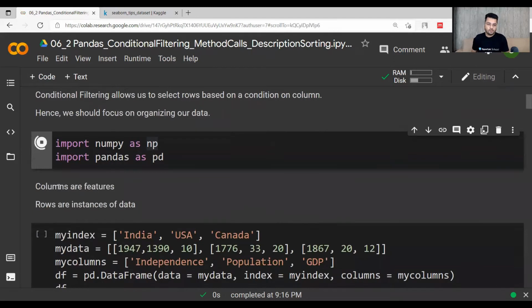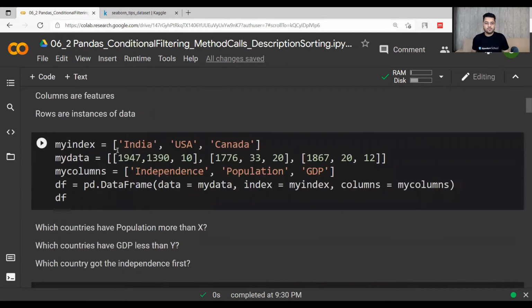Just to give you an idea, columns are the features in a data set and rows are instances of data. Let's say that you are working on a CSV file, or maybe an Excel sheet. If you use pandas, columns will be handled as the features of a data set, and the rows will be the instances of data. Let's say there are 1 million rows, so those are 1 million instances of the data.